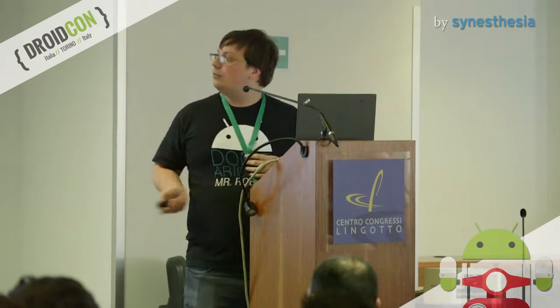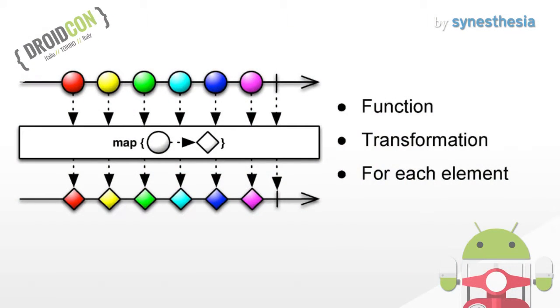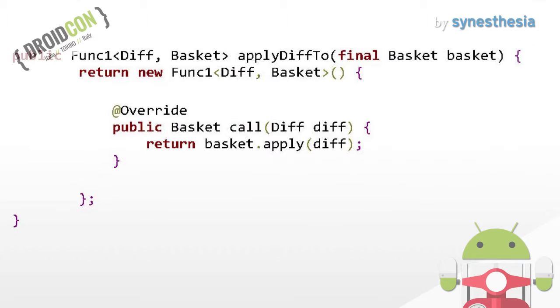So this here is your basket object that is cached in your data layer. Up to you to define how you want to cache it. You might want to either query it from a database, in which case you can be a bit more complex than that, or just simply have it in memory here. The idea is you will define in your data layer what is the latest state and how to update it. So map, function going from one type to another. This is how we define it.